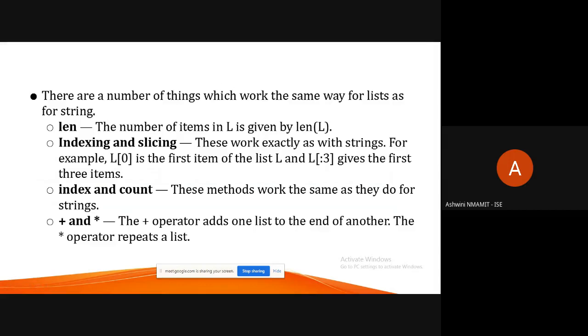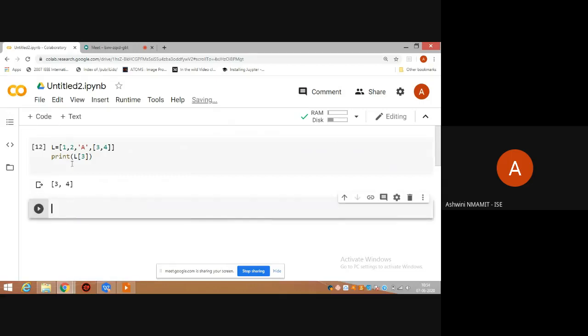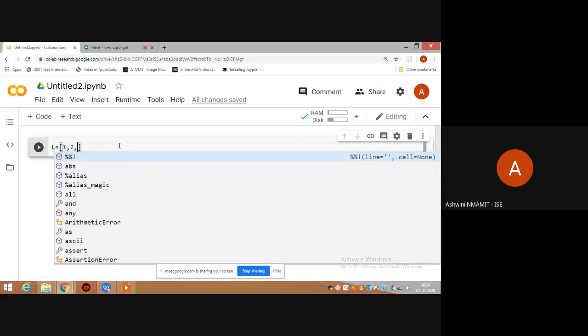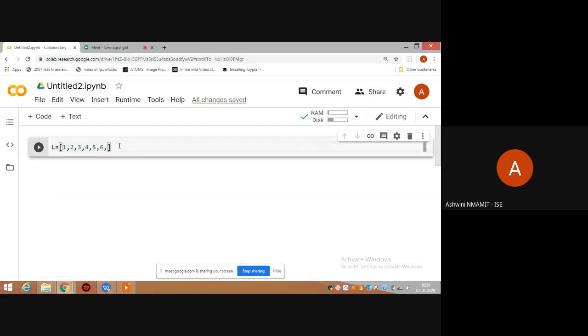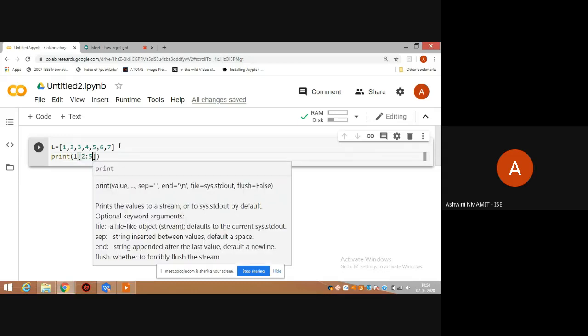And as I told you, list is similar to strings. So the functions or the methods which we had discussed in strings are also applicable in the list. So if I want to do slicing, say I give print L of 2:5.